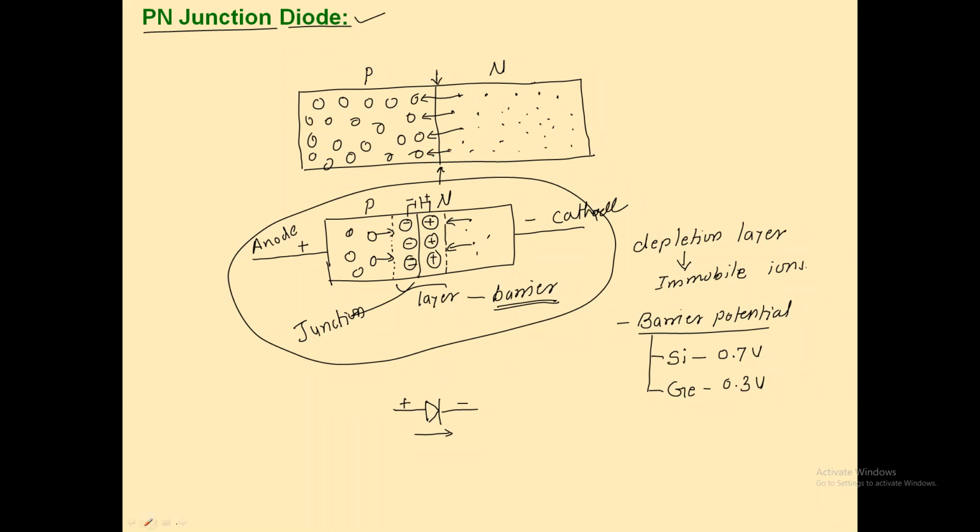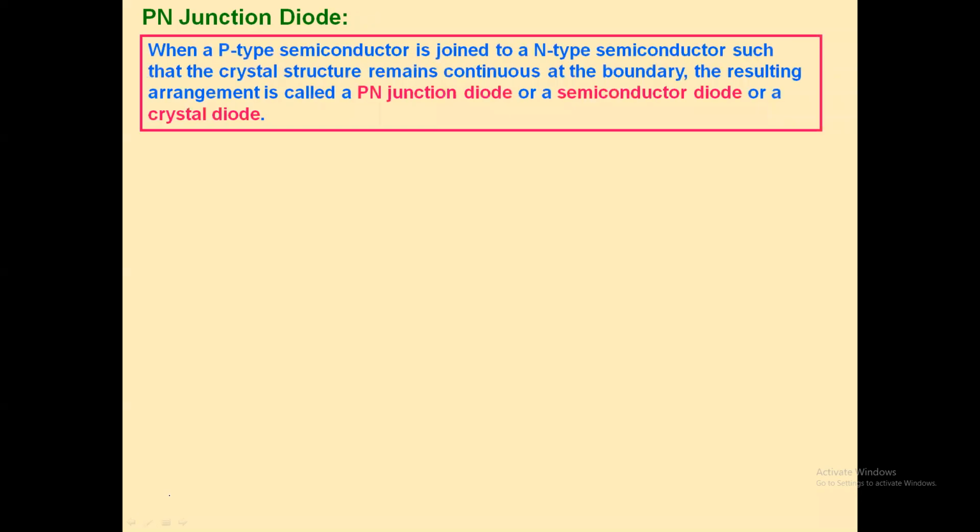Now let me erase these things here and then you can try to read. When a P-type semiconductor is joined to an N-type semiconductor such that the crystal structure remains continuous at the boundary, the resulting arrangement is called a PN junction diode, or we say it's a semiconductor diode because semiconductor material is used, or we can call it a crystal diode, and another name is